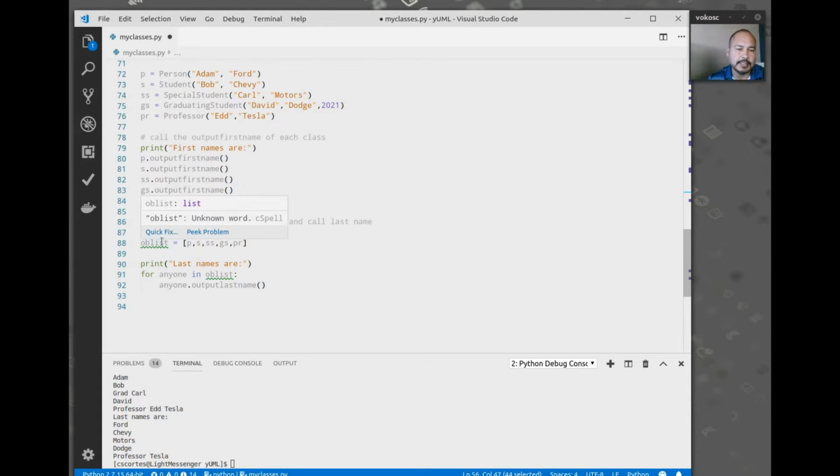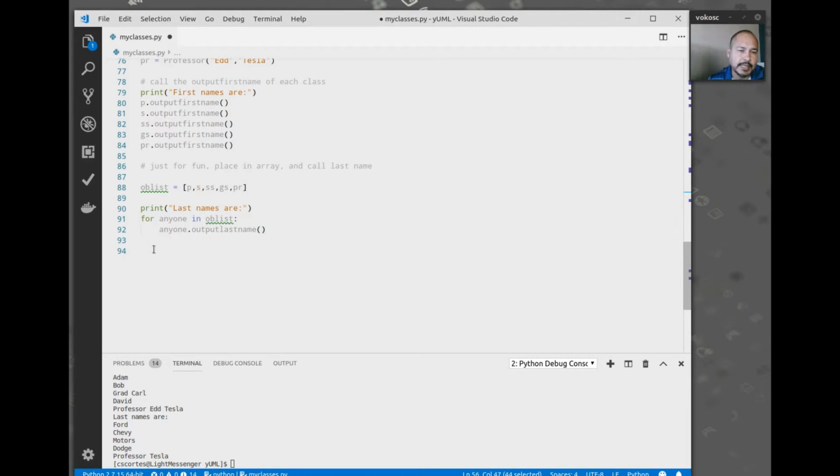And of course, just because we can invoke the programmers are lazy rule, we could actually put all those objects in a list, in our object list, and we could actually not have to do all of those 5 statements that we did from line 80 through 84, and we can make it a simple for loop and then basically call the output last name on all those objects, because they all inherited from the person object, which is really cool. And that's another reason why you would want to do that, because